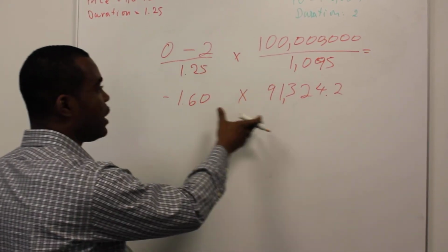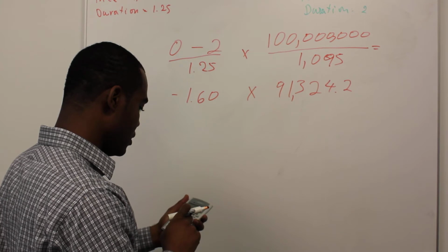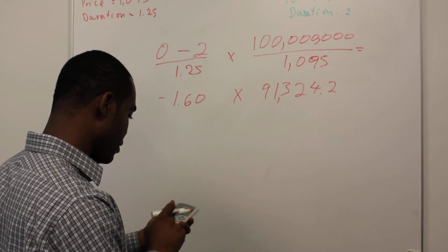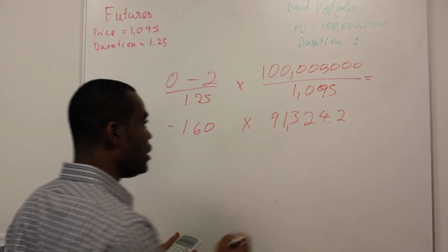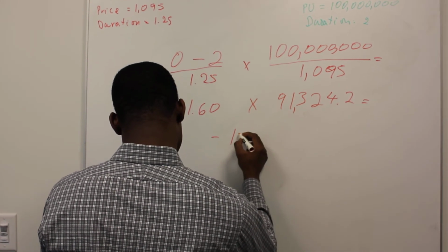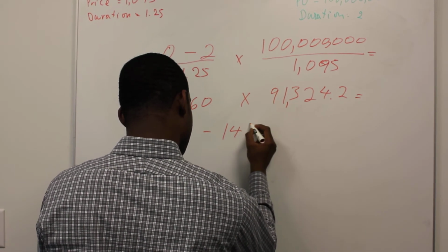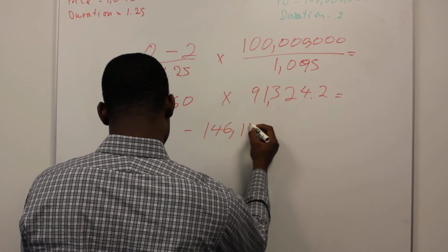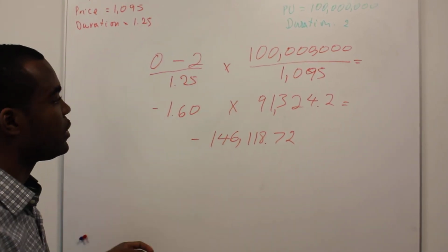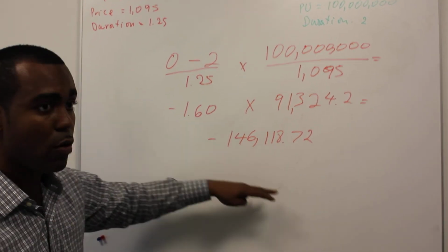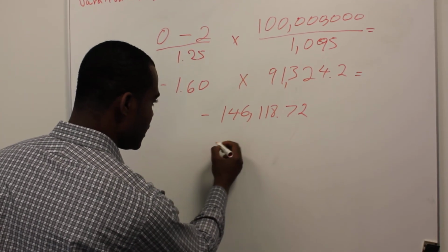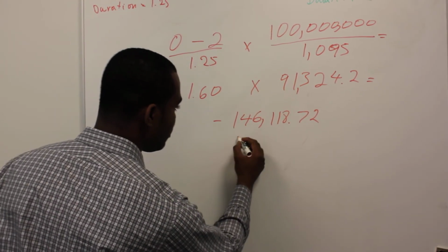So we're going to multiply these two parts of the equation, which is the 91,324 multiplied by the negative 1.60. That gives us a negative 146,118.72. So the way this formula works is you get this number, which is basically the raw number. You need to round it to the nearest whole number. So the number of contracts you're going to need to short is going to be